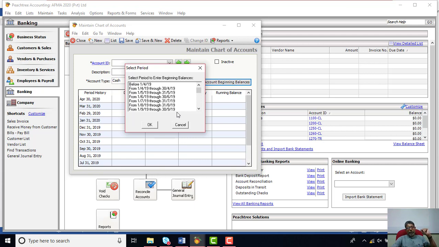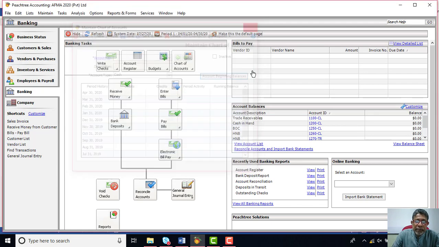In case you select a capital account, the normal balance needs to be on the credit side, so the computer will allow you to enter the beginning balance only on the credit side. So that is the important situation. Now, say you have selected a cash account as an equity account, right? Assume the banking account is selected with the type of an equity account. In that case, your bank account will open only the credit side of the window whereby you can enter the balance. So that is very inappropriate and incorrect. So you need to make sure that first of all, the chart of account is appropriately set up to enter the beginning balances, right?